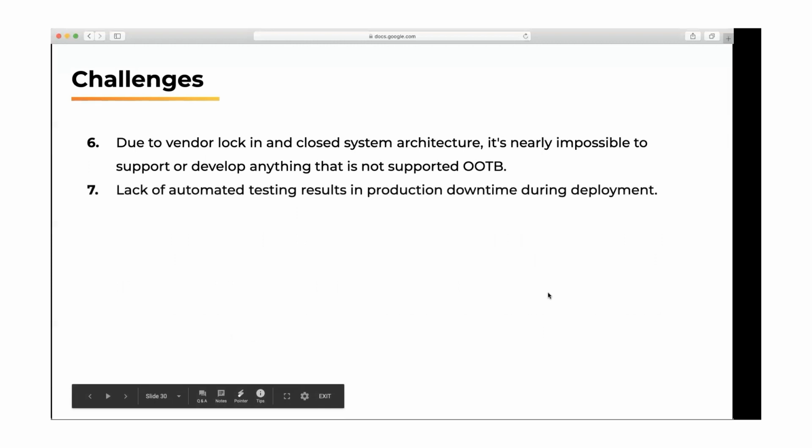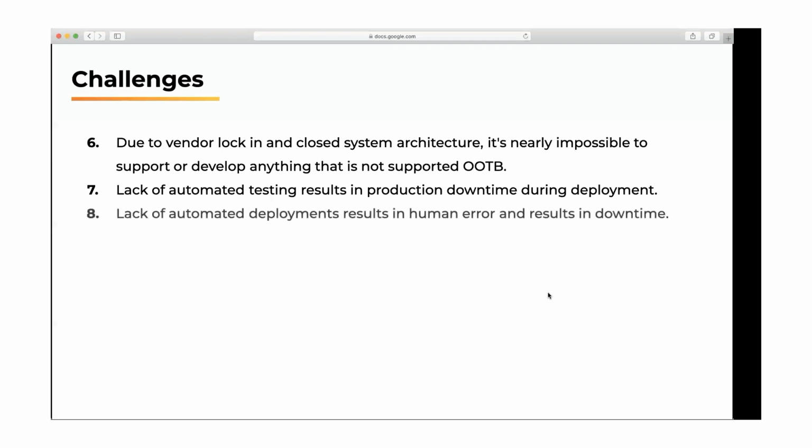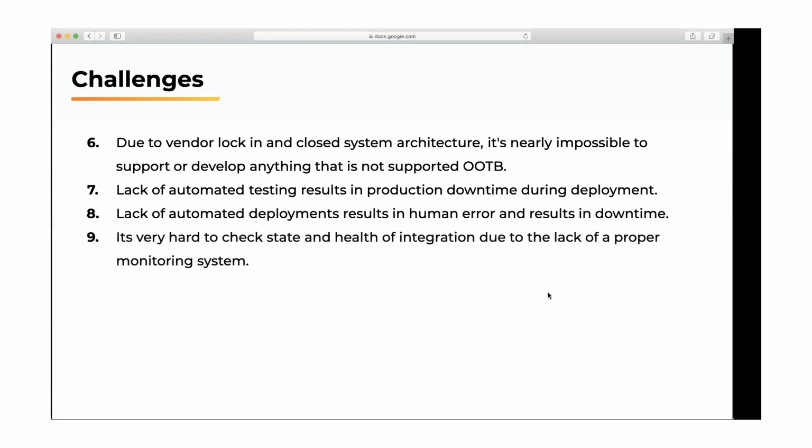They also lacked automated testing in their setup. Similarly, they had a manual deployment setup, which resulted in a lot of errors and downtime. And they didn't have a proper monitoring system in place to look at how the integrations were operating.